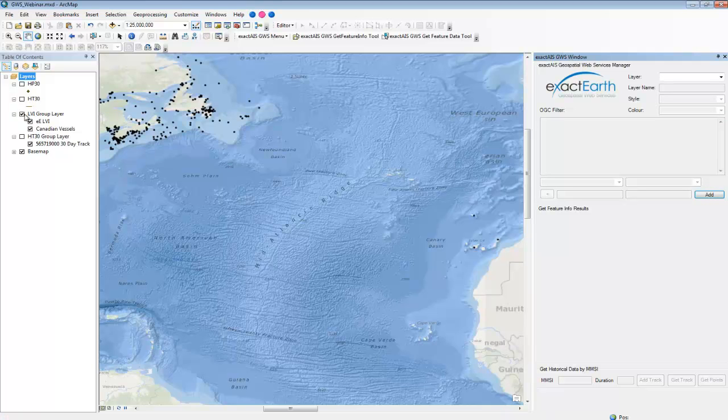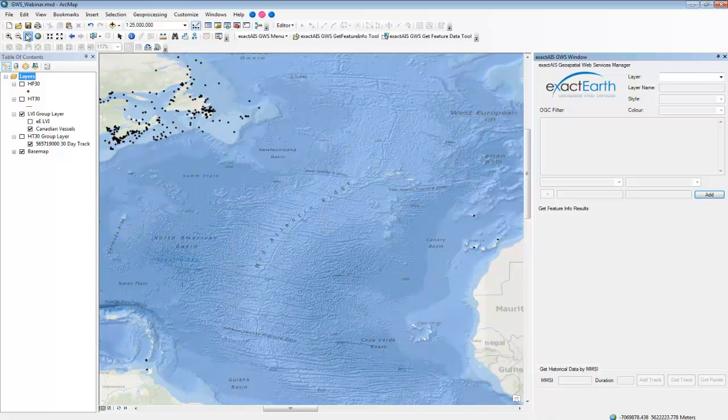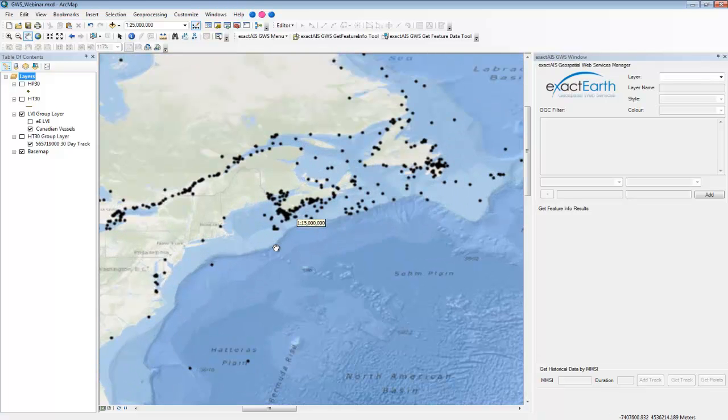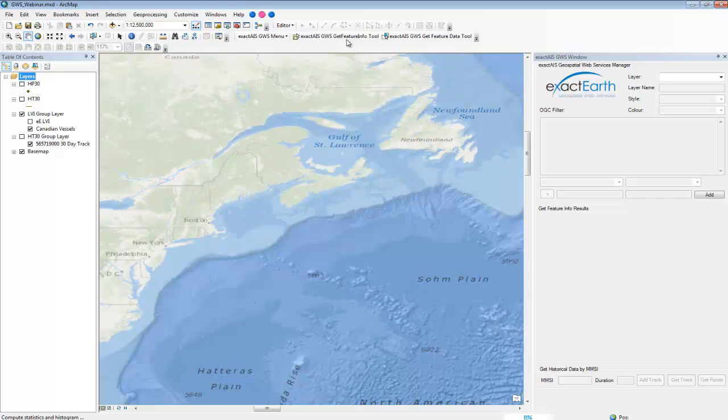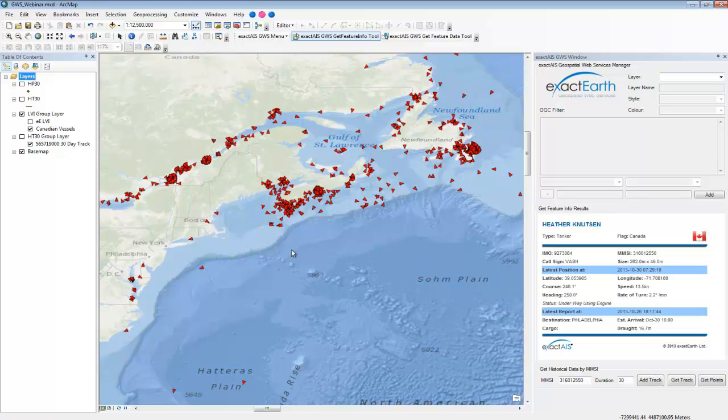We see here they're mostly around Canada. We're just going to turn off the full LVI, and now we'll zoom over and zoom in a little bit more. And we see most of the vessels are close to shore. They're not really too far out there, but we're going to identify some of them with the Get Feature Info tool again. So this request that we've made is a pre-set up layer that we've effectively created, and now we're making requests to it with the Get Feature Info. So all of the vessels here are flagged to Canada, and you can see that as we scan through these.